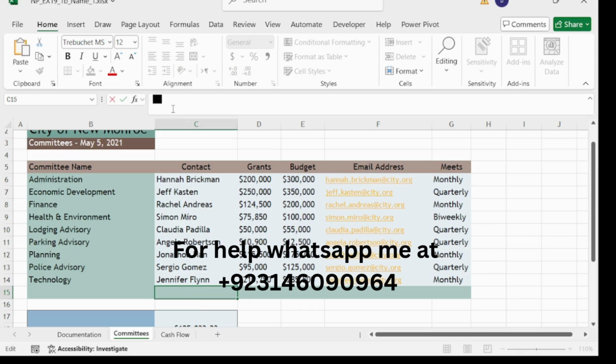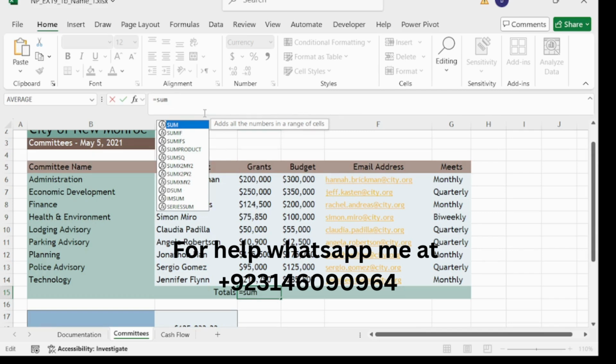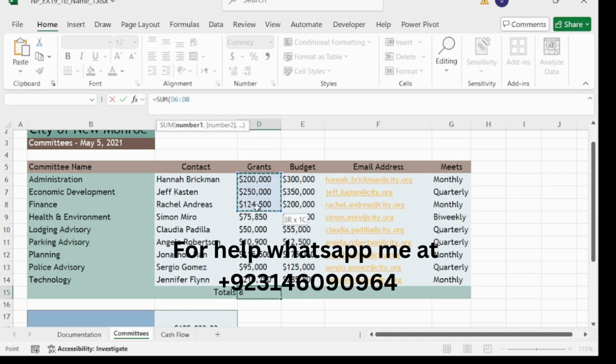Now enter the formula in D15, is equal to sum, double click on it and select the range D6 to D14 and close the bracket and press enter.